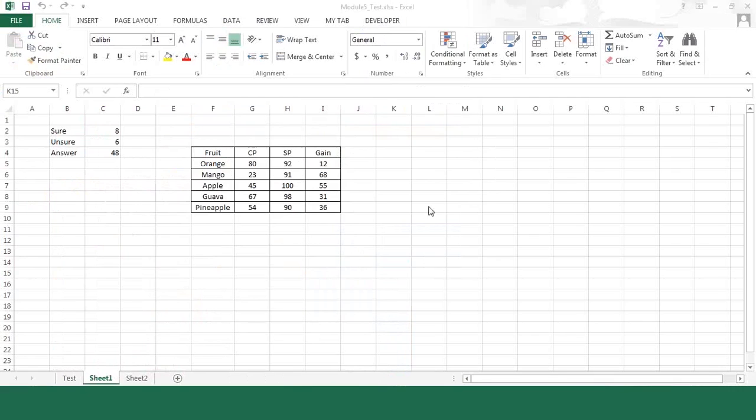I told you that solver is an add-in which has to be included within your Excel so that you can use it, and solver is actually a trial and error thing. So what we can do, we can go to file,